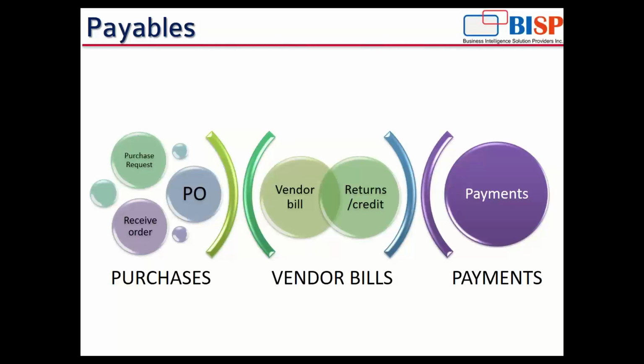Now, what happens in the purchases is I'm going to create a purchase request. It will be approved. It will be turned into a purchase order. Then it will be approved. And the purchase order will be sent to the vendor, emailed to the vendor, or in any way the vendor is going to get knowledge of this purchase order. I'm going to place it with the vendor. The vendor is going to acknowledge it and will provide me with the order that was asked for in the purchase order, and I'm going to receive it.